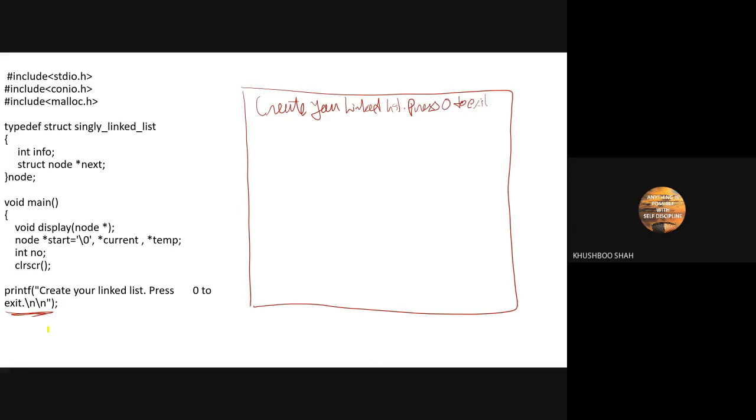Something like this will be printed on your console, and the cursor will be over here because we have written 2 \n. So over here, first \n and second \n. Your console will look like this. Just draw this.